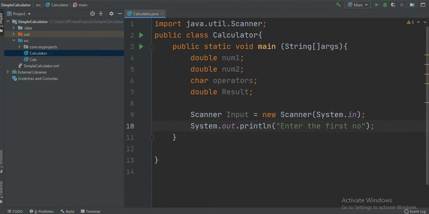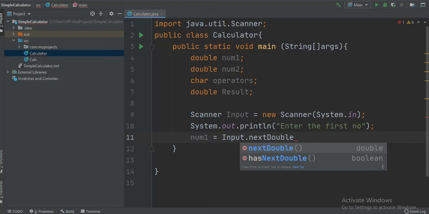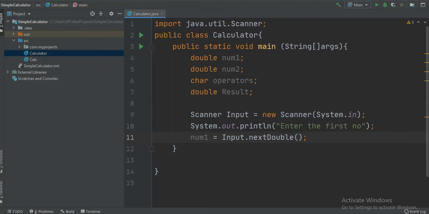And now to store our first number, we can come here and say num1 equals, because we want to store our first number in num1, and we write the object which we created for the Scanner class, and that is input. Then we put the dot and say nextDouble, and we are saying nextDouble because we want to store a double kind of data type, right? num1 is a double, you can see here it's a double data type, and that is why we are putting this double. If it were int num1 or int num2, we would have written nextInt or nextFloat.